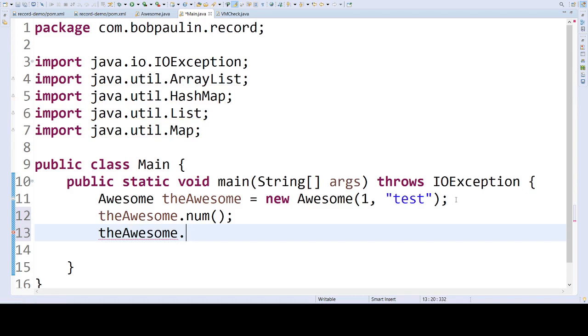And I can use other classes and things in it. If I were to use stuff, I also have a string that will return from stuff, and I can set objects equal to that. I can do whatever I would do with a normal accessor method. Now, one thing you're not seeing is there's no way for me to call setNum or setStuff, which brings us to one of the first structural differences between records and classes: records are meant to be immutable.